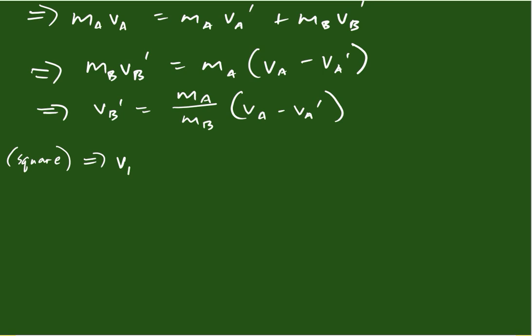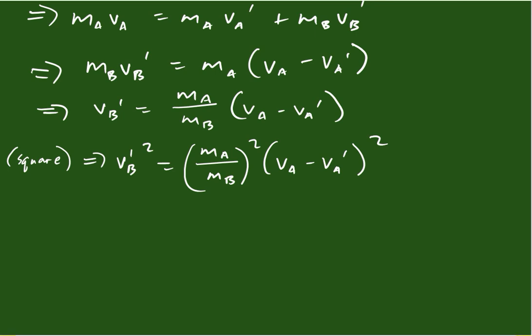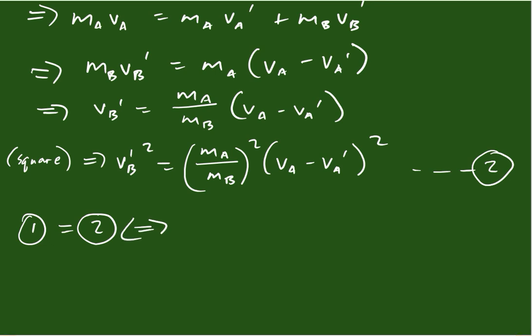So now we have VB prime squared is equal to MA over MB squared times VA minus VA prime squared. So let's call this equation 2. So both equation 1 and equation 2 are expressions for VB prime squared. So this means equation 1 is equal to equation 2. And this can only be true if